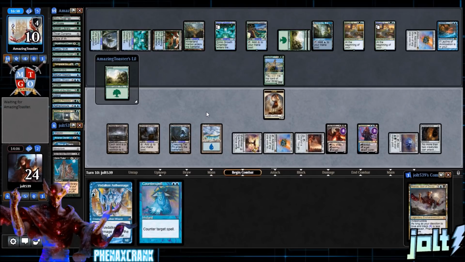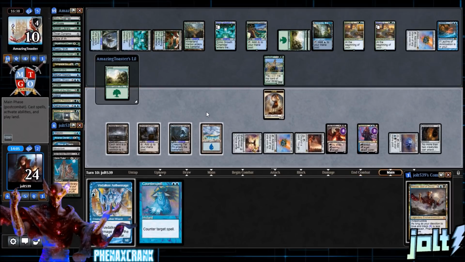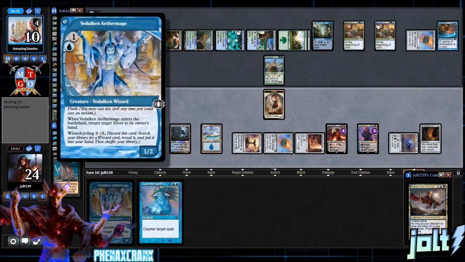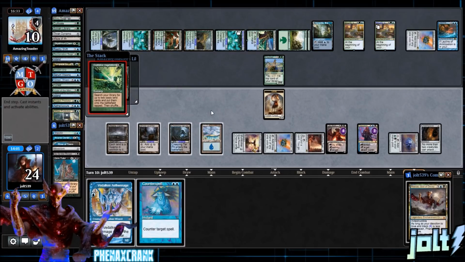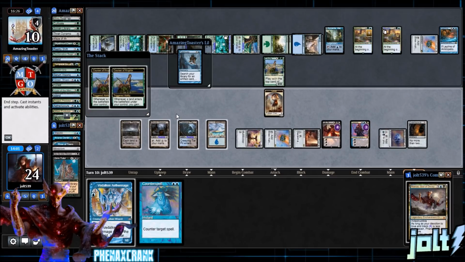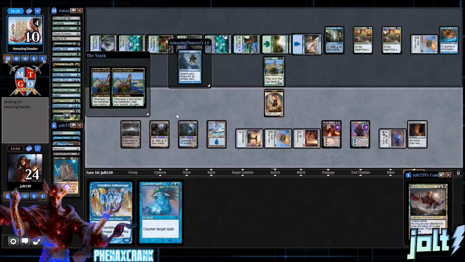Okay, that's the good thing with Vedalken Aethermage, is that it has wizard cycling. You don't really see it a lot in Commander, but it's actually a pretty good card. It's 3 mana, discard this card, search your library for a wizard, and you can really search up anything. There are a lot of good wizards in Commander, so it's a pretty good card to run in there. Now it is funny running that card in Modern because